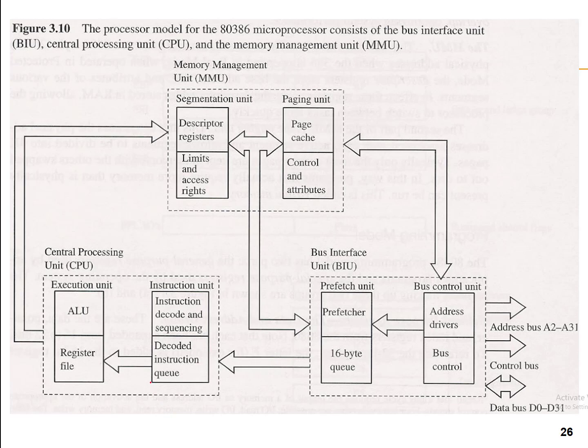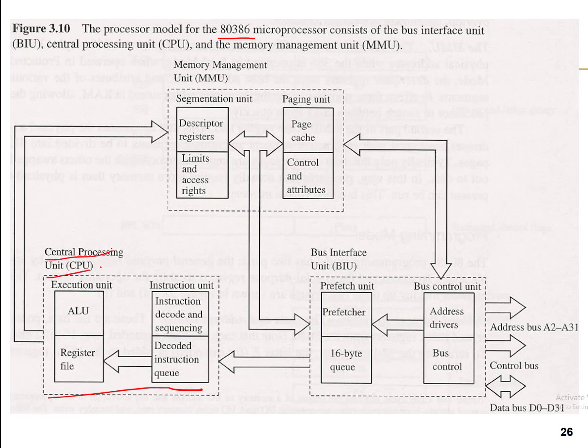This is our abstract diagram, not a detailed diagram, of the 80386 microprocessor. We can assume what happens within the ALU, the components of the ALU which you learned in computer organization. It contains arithmetic and logic and shift circuits and register files. Now instead of register set, the register file terminology is used. Register file and register set are both the same, but this register file contains many registers instead of 8 or 10. The instruction unit will decode the instruction and put it into an instruction queue. So this is the ALU.